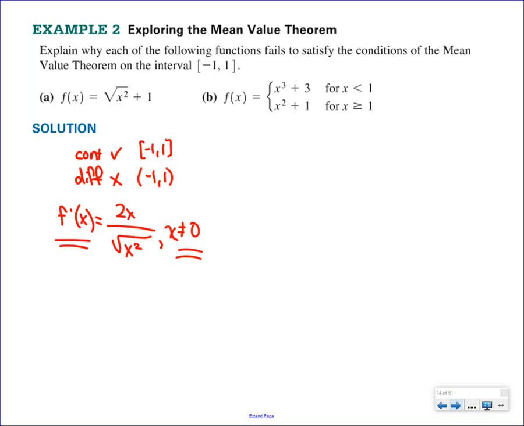How about B? What fails? It's not continuous. It's not continuous at 1, because if you take the limit from below and the limit from above, I'm just cheating and not writing all the limits because I got lazy. f of 1 from below is going to be 4, and f of 1 from above is going to be 3, and those don't equal. No, 2. I swear I heard someone say 3. It was not. Oh, it is 2.